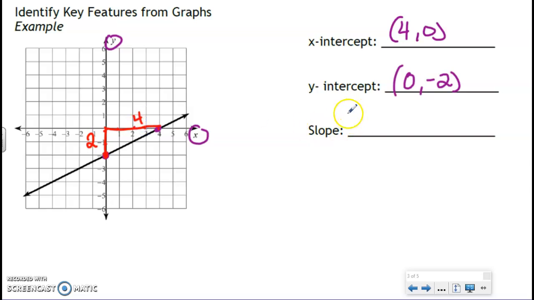Okay, so my rise over run is up 2 over 4. I can reduce that by 2 to get 1 over 2. So my rise over run is 1/2 for my slope. Keep in mind that line is increasing, so it is a positive slope. Okay, for the next problem,